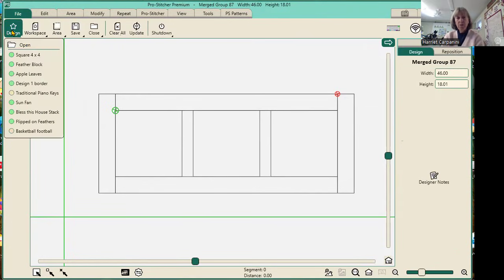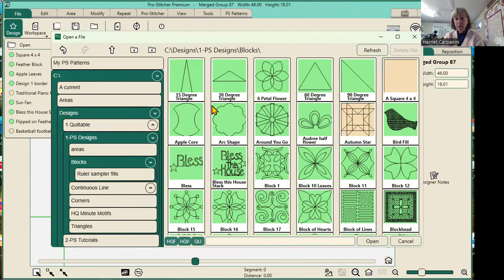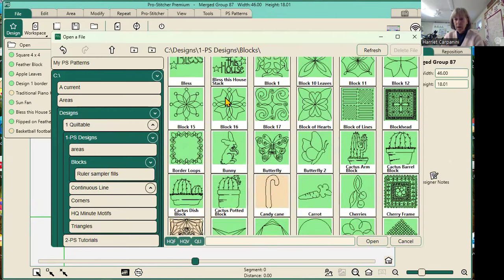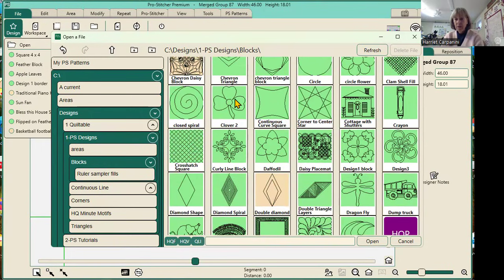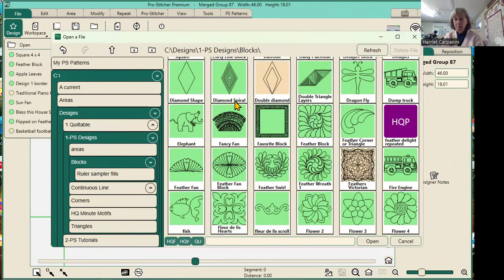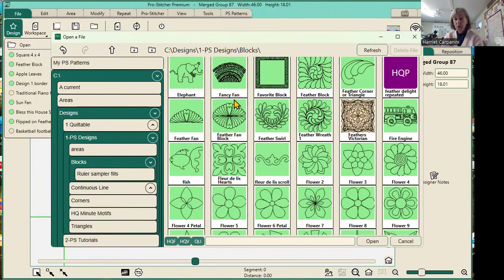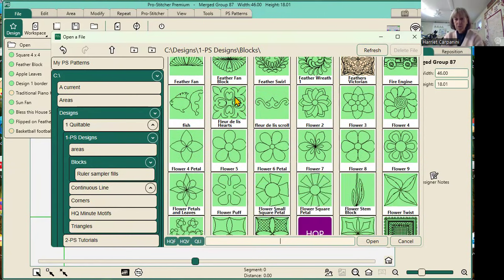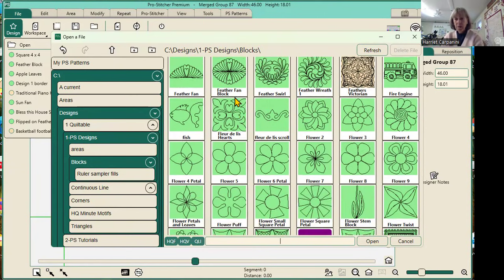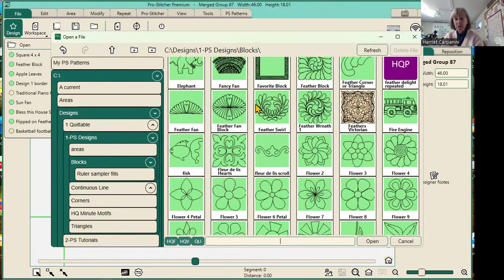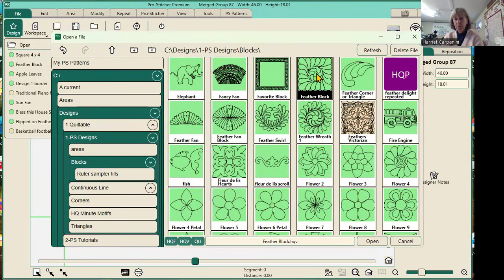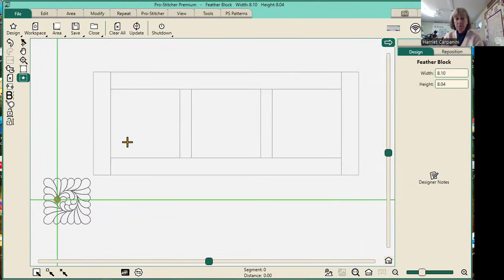Let's go File, Design, Open, and let's go to our blocks again. And I really like the feather block, but this is where you can play with all your blocks and see what you like, which one you like to just play with different ones, see how they quilt out. So here's the feather block. It's a square block, and I'm going to place it in